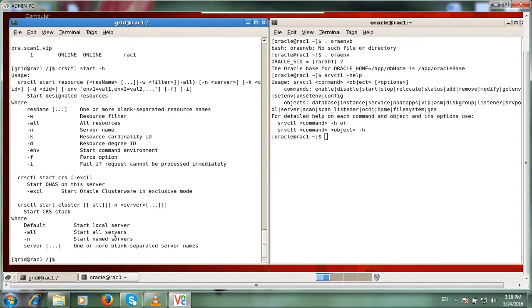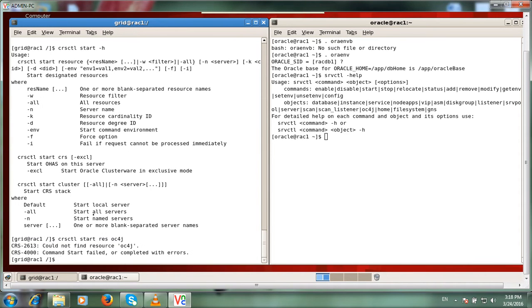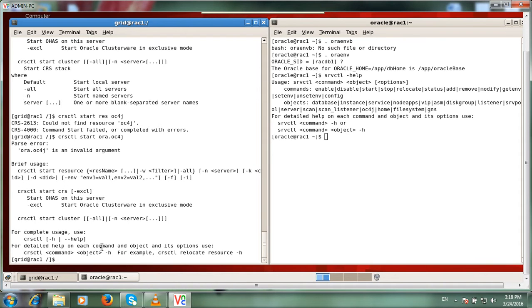I can start cluster, I can start the service resource OC4J, but it will not start. crsctl start ora.oc4j, start resource,